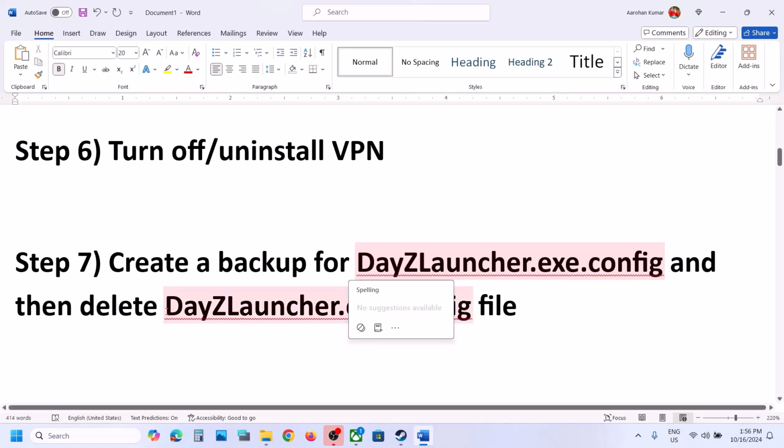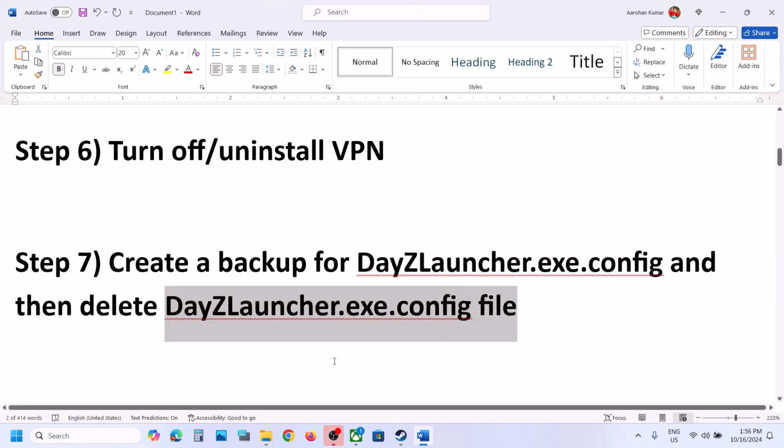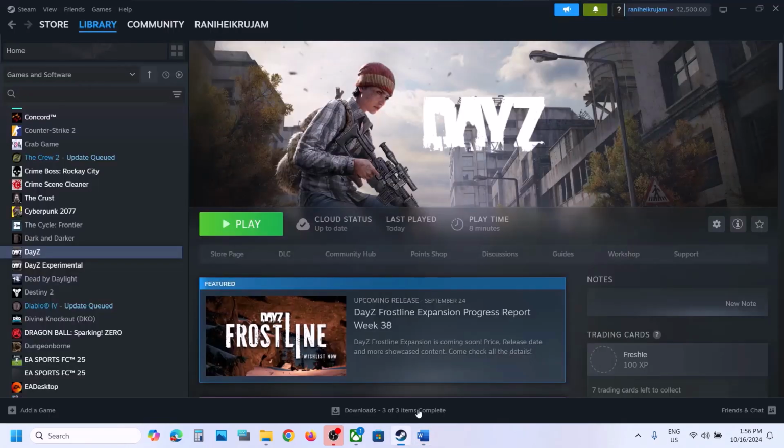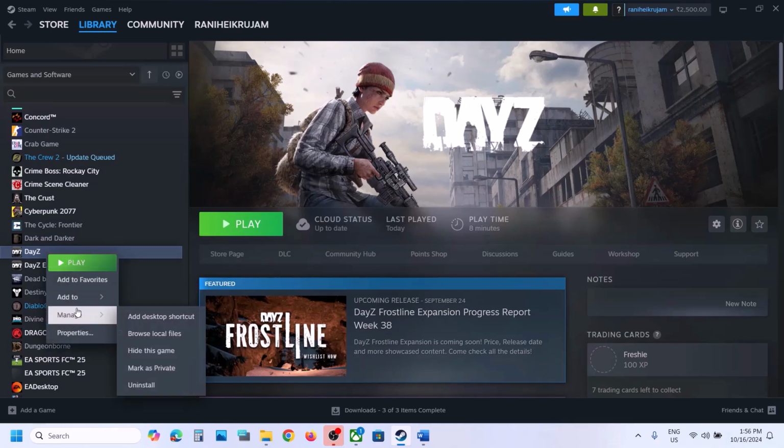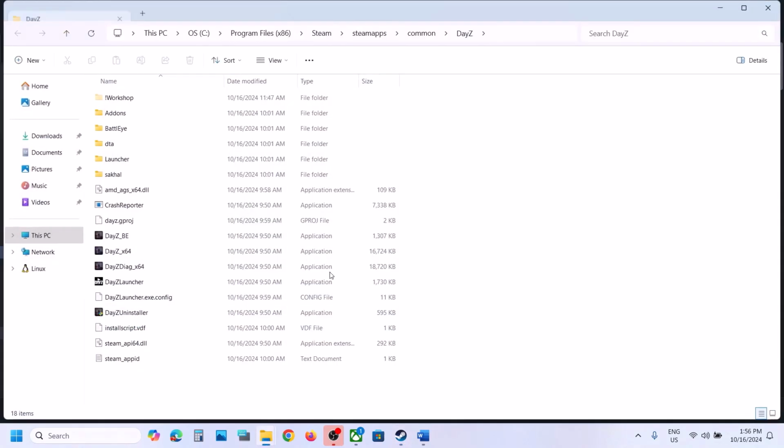Next step is to create a backup for DayZLauncher.exe.config file, and then you can delete this file from the game installation folder. Now for this you can make a right click on the game, select manage, now click on browse local files. It will take you to the game installation folder. Here you can see